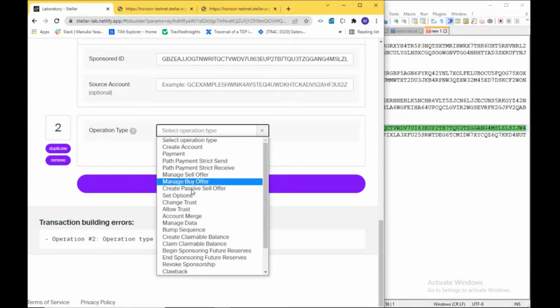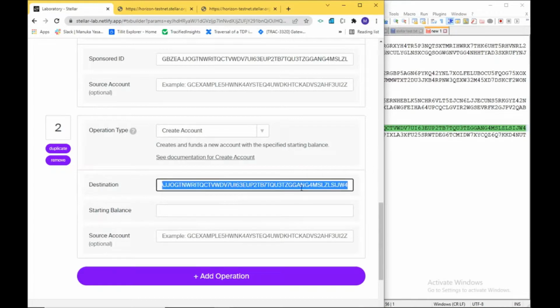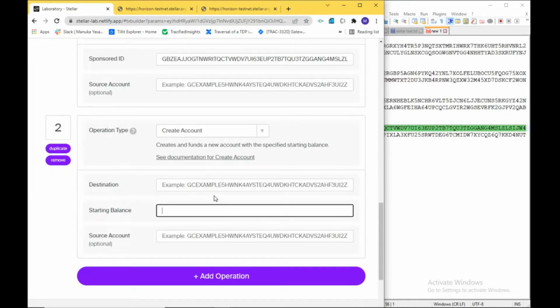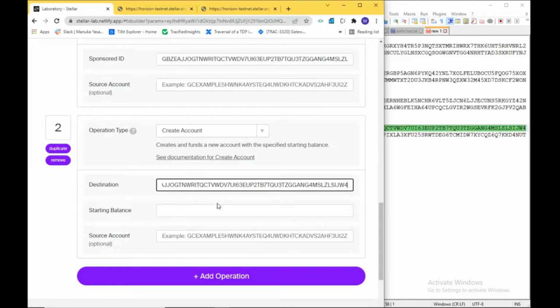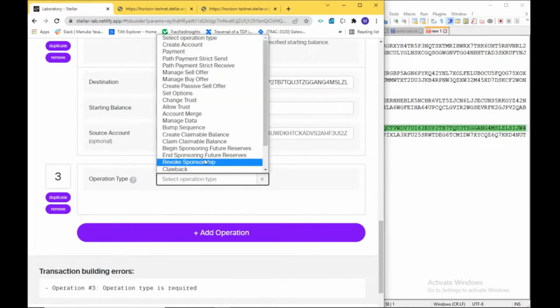create account. The destination account is going to be this account, and the source account is as usual, and the starting balance is 0. So I'm going to create this account with 0 lumens in it, and then I'm going to